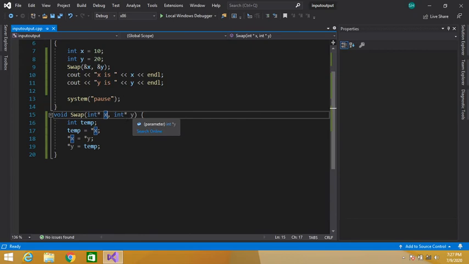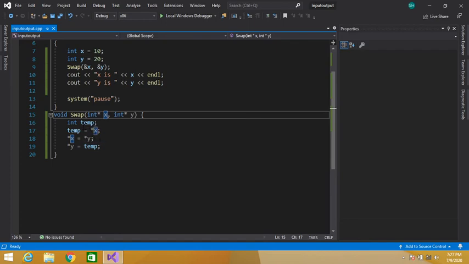So this x pointer holds the memory address of the x variable, and this y pointer holds the memory address of the y variable.